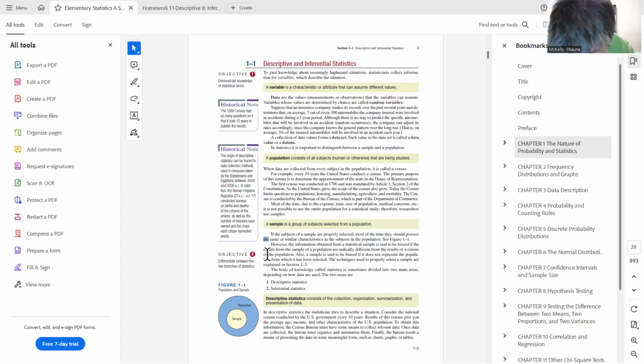If you look under sample, it says, if the subjects of a sample are properly selected, most of the time they should possess the same or similar characteristics as the subjects in the population. However, the information obtained from a statistical sample is said to be biased if the results from the sample of a population are radically different from the results of a census of the population. Remember, census is everyone